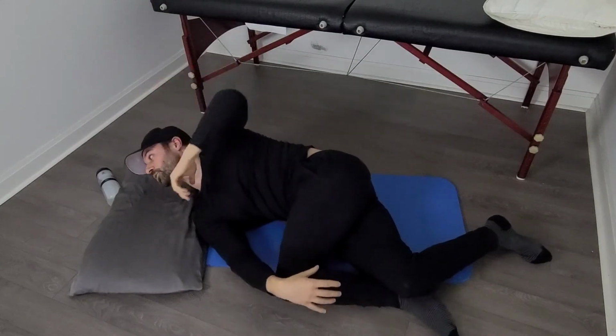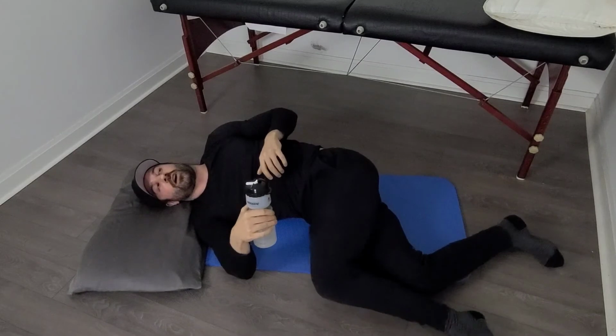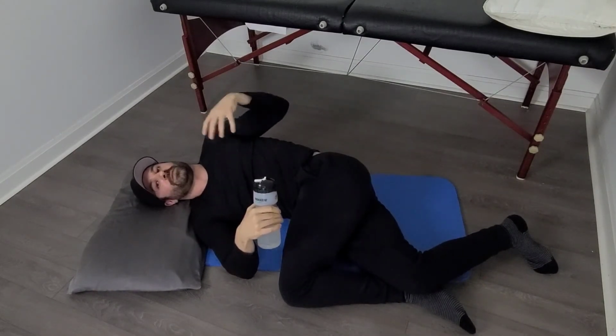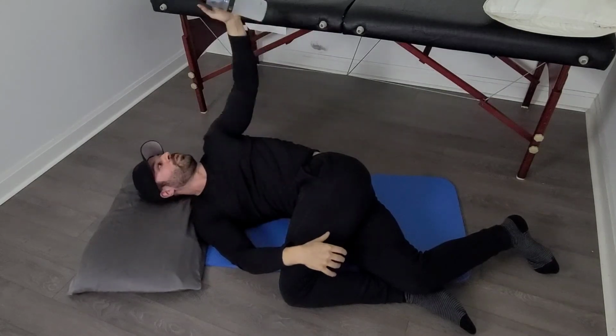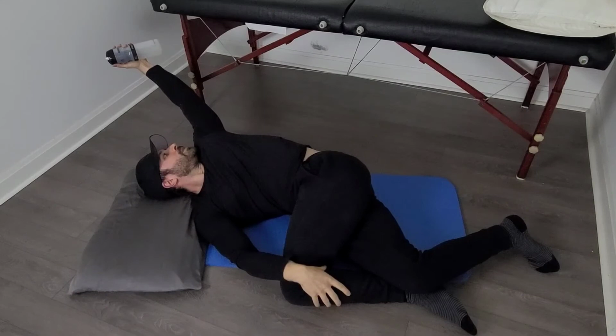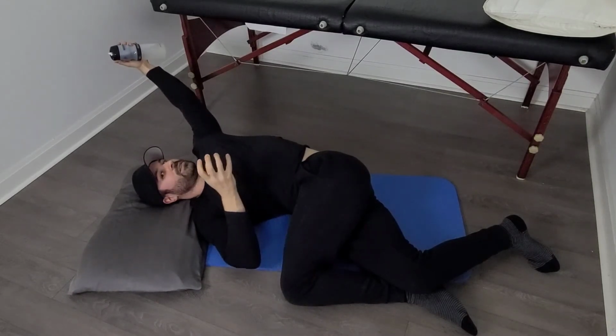And then what I like to do as the last progression is you can add a little bit of weight. Now you don't add any weight in your arm or your hand if you have a shoulder problem or if you feel pain in the shoulder. But if you don't, you're gonna get a little bit more relief with this. And you spend your full minute like this, and then you can switch it,